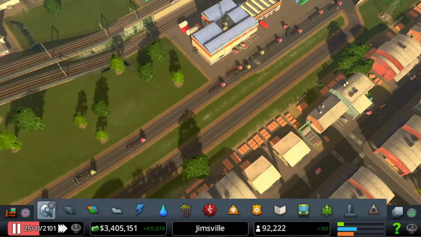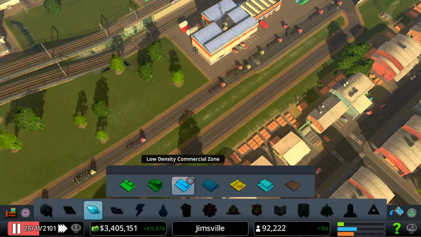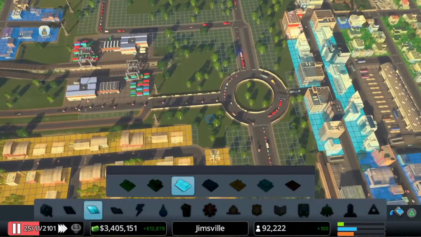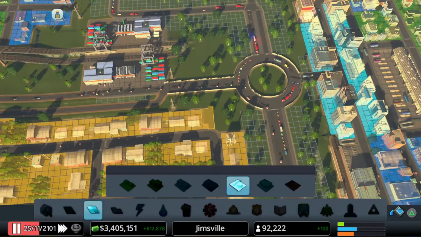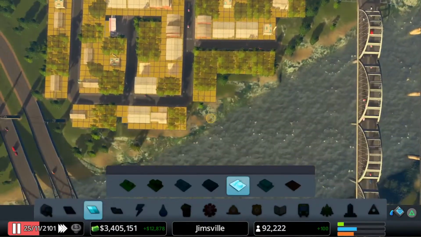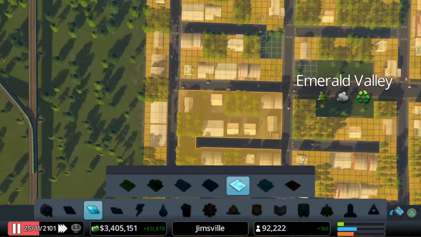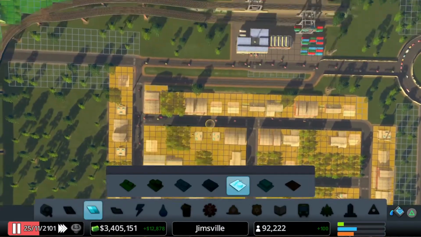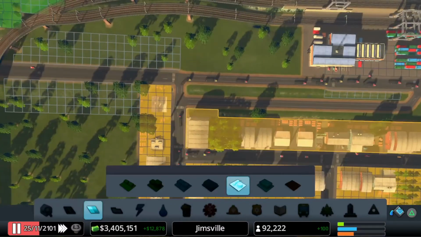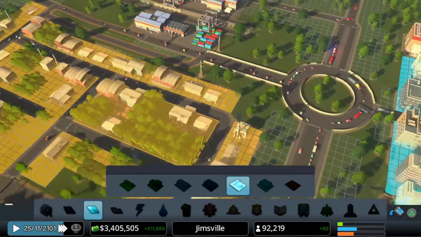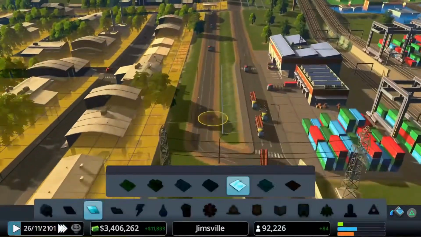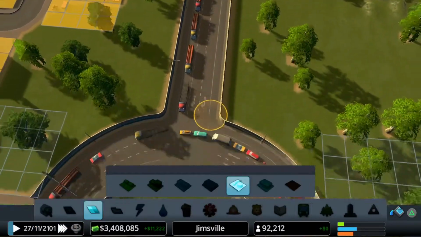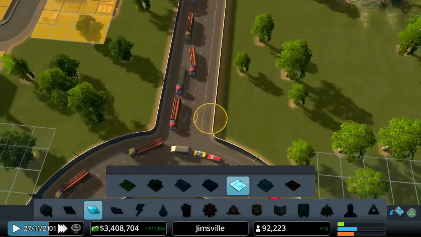And what I also need to do is dezone in between these roads. Like that. I can also add in a touch more zoning there, there and there. Fill those back in again. Yeah, that should work. So we should start to see, here we go, look, see all that traffic coming off. My only concern is, again, it's a little crowded here.